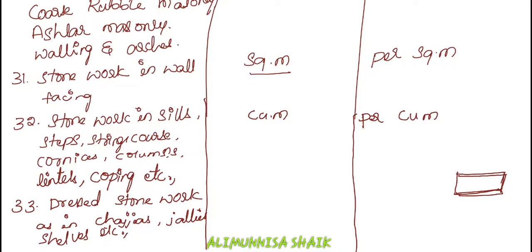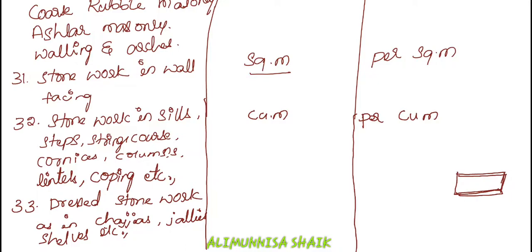We are having these almirahs, which are basically made with wooden materials, with separate wooden sheets or plywood sheets cut and put in the shelves. But in olden days we used to go for stone works. Wherever your slab or almirah is there, you will be going with the stones. We will be arranging the stones with the help of some jacks, pulleys and all. So, they used to pull it and place it wherever it is required.